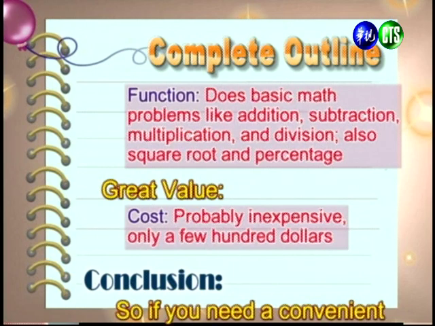All right, and now let's talk about why it's a great value. We can say that it's inexpensive, it only costs a few $100s. 好，那我们讲到它有绝佳价值的部分呢，我们讲到是它的花费哦，它并不贵，你可以用很少的钱就可以买到它。All right, so now you can see we have a complete outline here, and once we have this outline, it's going to be very easy for us to write our essay. 好，那我们可以发现我们现在已经有一个完整的这个大纲了。那既然我们有了大纲呢，我们就可以写出我们的短文来了。